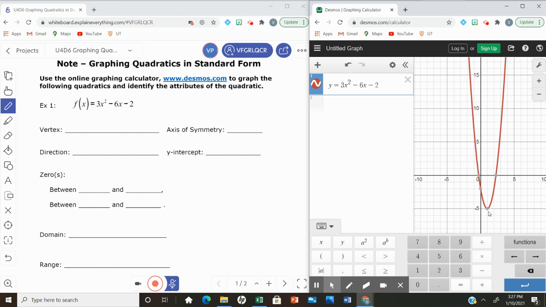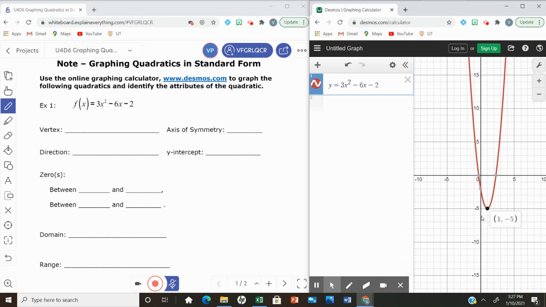And so we do need the vertex, which remember that is your minimum point or your maximum point, and in this case it is your minimum. And we are looking at the coordinate 1, negative 5. So let's go ahead and let's fill that in, 1, negative 5. And then your axis of symmetry is going to be the x value of that coordinate. So your x value is x equals positive 1. The direction. Which direction does this quadratic open? Well, the parabola opens up